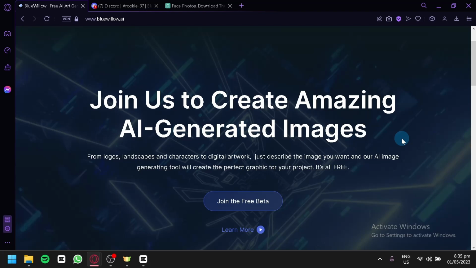We'll cover everything from uploading your image to the platform to customizing your avatar's facial features, hairstyle, clothing, and more. Whether you're a content creator looking to add a personal touch to your videos or a business owner looking to create a unique brand identity, Blue Willow AI can help you create a one-of-a-kind avatar that stands out. So, if you're ready to learn how to create an AI avatar with Blue Willow, then stay tuned and let's